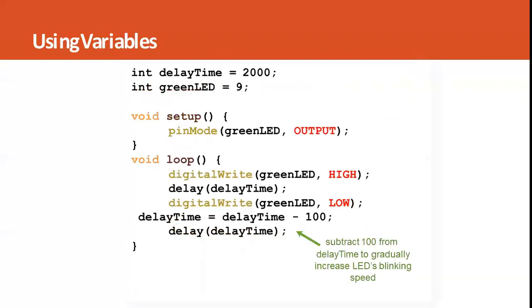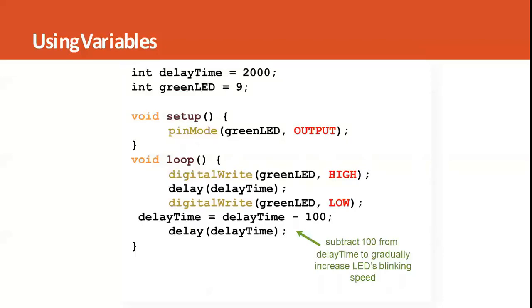Look at this particular example. Here again, we are declaring delay time 2000, green LED pin number 9. Then in the setup, green LED, which is pin number 9, is configured as output. In the loop, we will turn on the LED, delay for some time, then turn off the LED and reduce the delay.